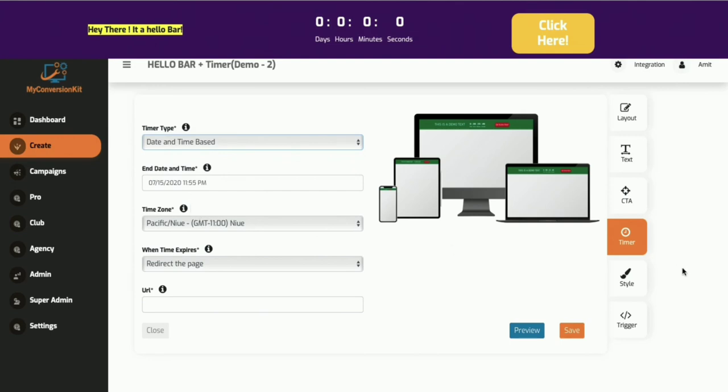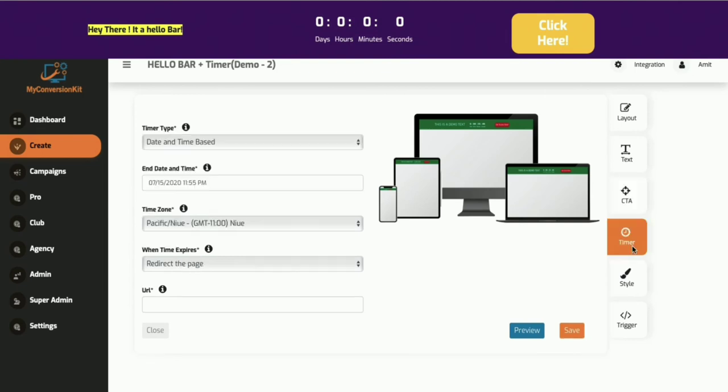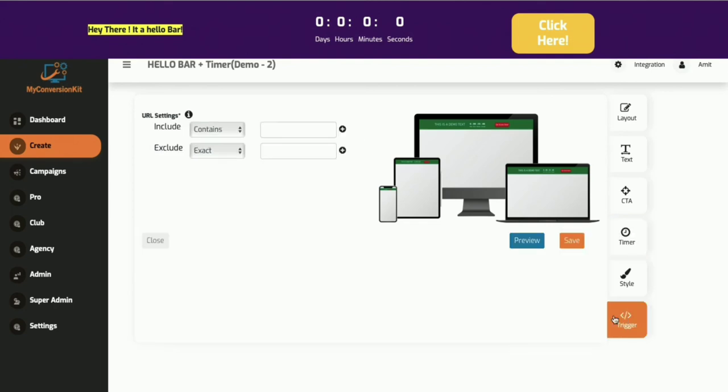You have an option to design the hello bar too: color, background, arrow background, timer box, timer color. Okay, I think we haven't set the timer. Okay, I'll select 6/17. And that same trigger part, I'll add my website URL over here and save.